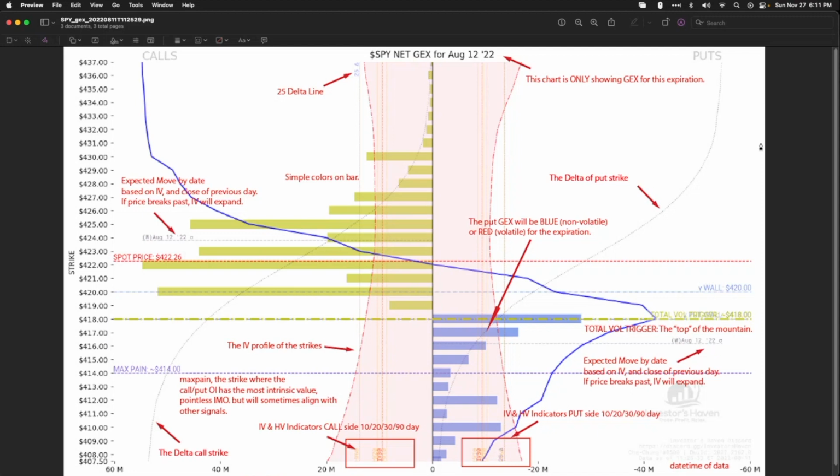We got traders, like Doc, who literally just comes into the market every day and sells the edges, credit spreads, right? And dude, it's like clockwork for him. I see him 100% in his trades. So if you're a day trader, that's basically all you need to do: come in here and play. Like in this particular chart's case, you can sell the 428s, 429s, 430s. You're probably going to collect some good premium off of that. You know what I mean? So that's it. Then you're done, and you don't have to look at indicators. You don't need to look at anything else, except for maybe having the volatility trigger on your chart or something.